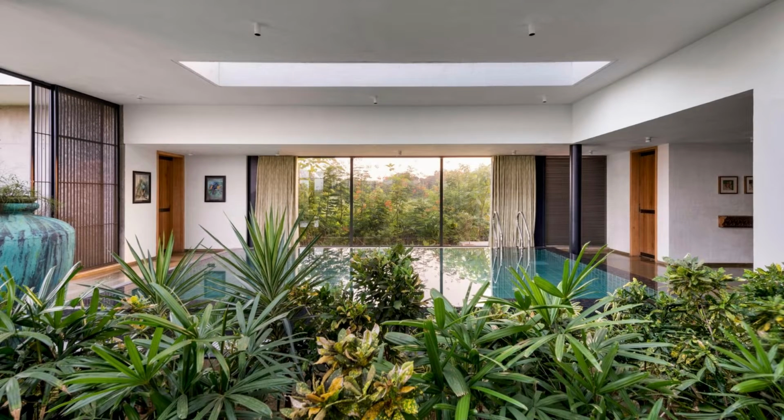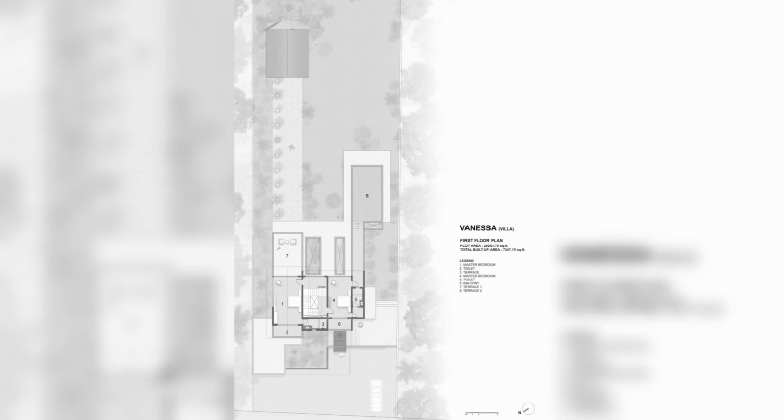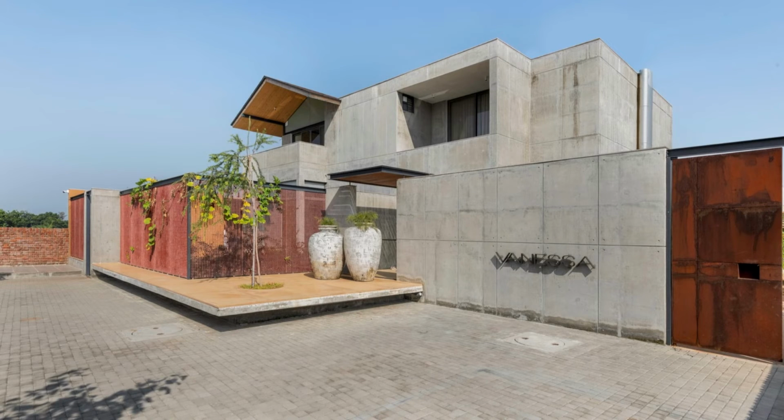Devoid of artificial facade embellishments, the structure's geometry prioritizes function over form, accentuating a balanced coexistence. In adherence to climate-responsive architectural principles, recessed windows and pockets of terraces are strategically integrated to mitigate the relentless heat of the area. The layout evolved organically, tailored to the family's unique requirements, resulting in a home with a comforting